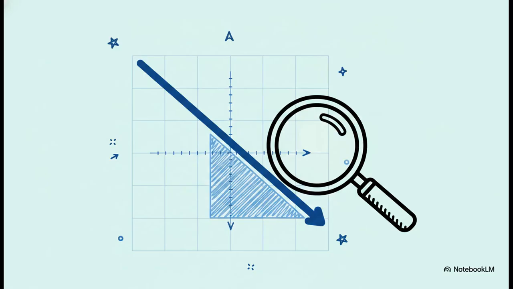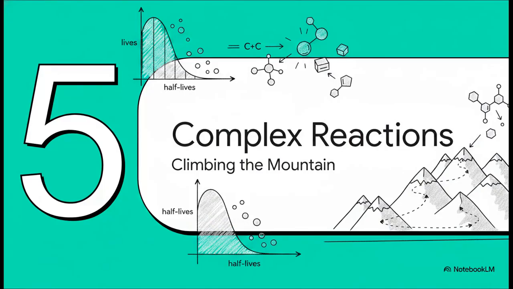Now, I know kinetics graphs can look a bit intimidating, but don't let them scare you. If you plot the natural log of the rate constant against inverse temperature, you just get a straight, downward-sloping line. It maps perfectly to that standard algebra equation we all know, y equals mx plus c. So if you can read the slope of that line, you can easily calculate the activation energy. Simple as that. All right, final stretch, Section 5, complex reactions, or as I like to call it, climbing the